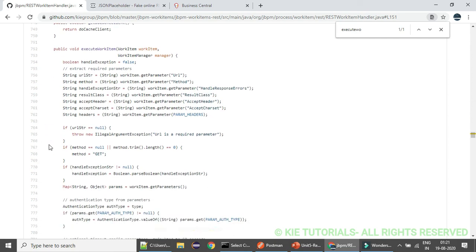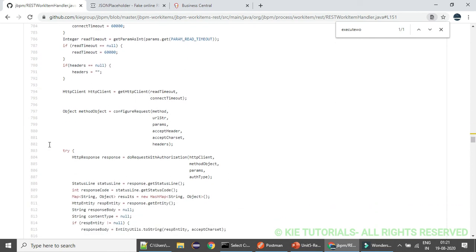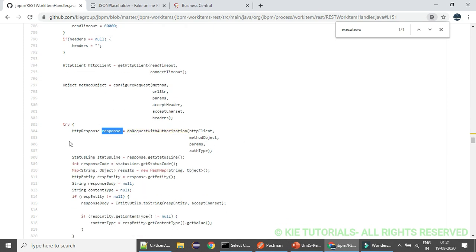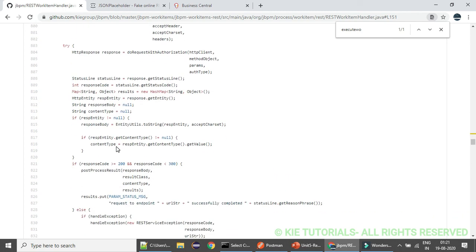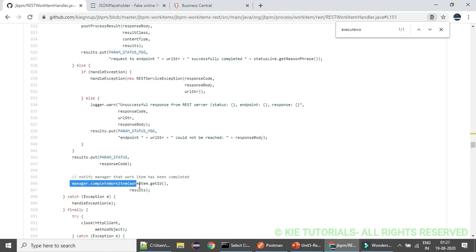Internally it is using Apache HTTP client related code to make a REST call. Using the HTTP client, it calls a method doRequestWithAuthorization and gets the HTTP response. Once the HTTP response comes back, it prepares the response body and completes the work item handler. So this is the existing code within jBPM.